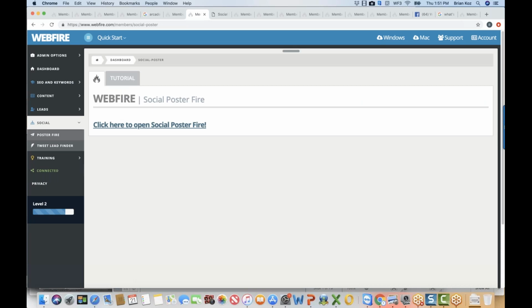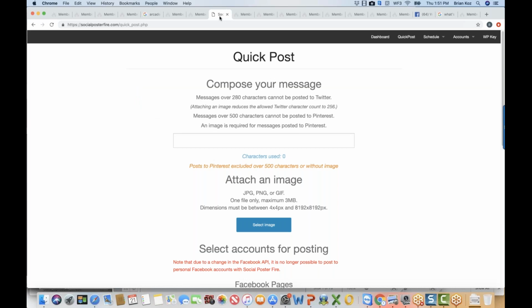We also have another tool, which is another kind of service that you could sell for top dollar too, that puts your social media on autopilot. So you'd click right here, and it would go to here, and basically you can type a single message, and it can automatically post to all your social media accounts like Facebook and Twitter and Pinterest and LinkedIn and all the stuff right there. So you can do a single post to all of them at once. You can add like an image or do whatever you want there as well.